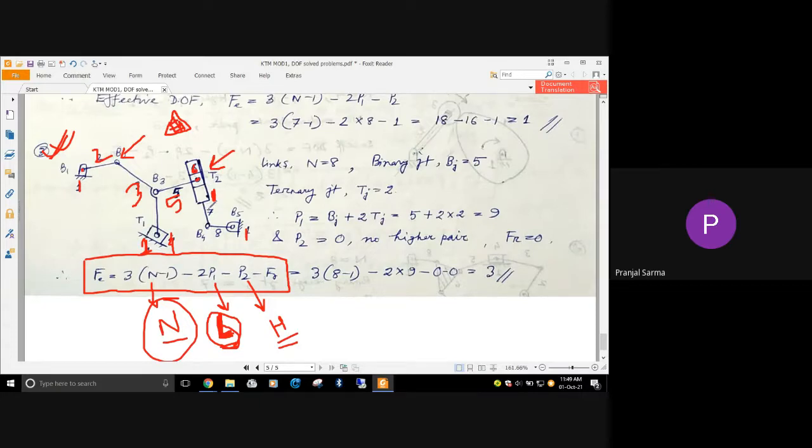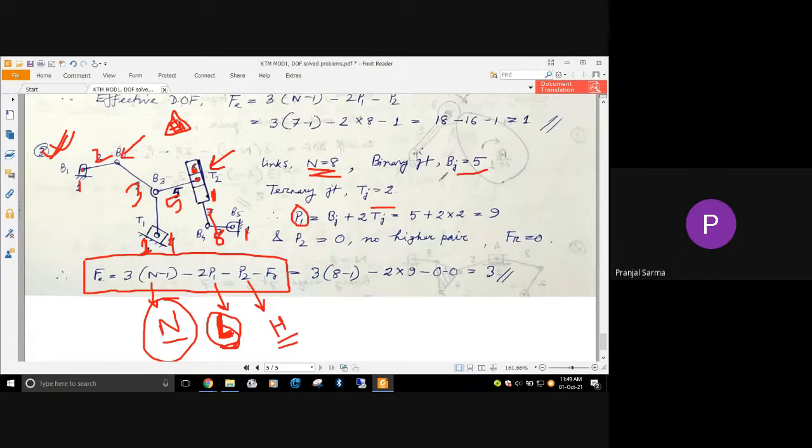Similarly, this one is link 7, and this portion is link 8. So n is 8. Just find out whether each is a binary or ternary joint. So we have 5 binary joints and 2 ternary joints here. Check how many links are joined at a particular location, and after that, for finding p1,